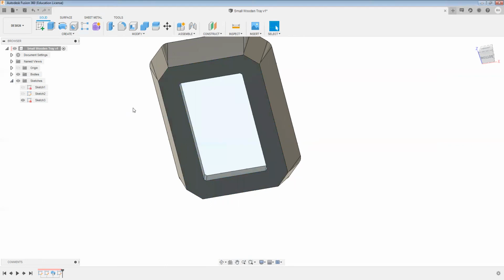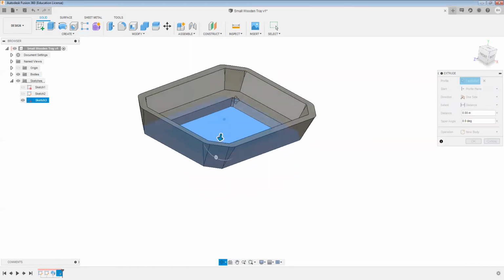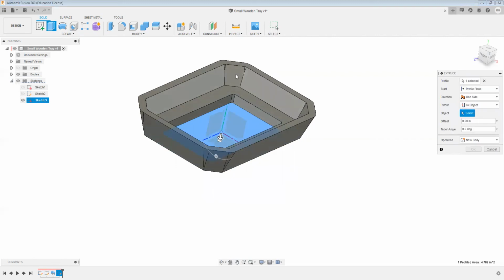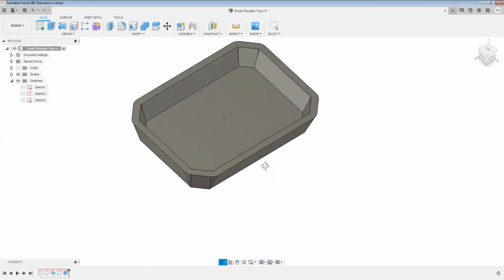So E on the keyboard for extrude or the extrude icon, and I will select that face. I want to extrude it to an object. So on this distance, I'll select to an object, and I'm going to select this upper edge and ensure that the join operation is selected. There's also a cut operation or a new body. Just make sure that join is the one that's snapped to. So now we have